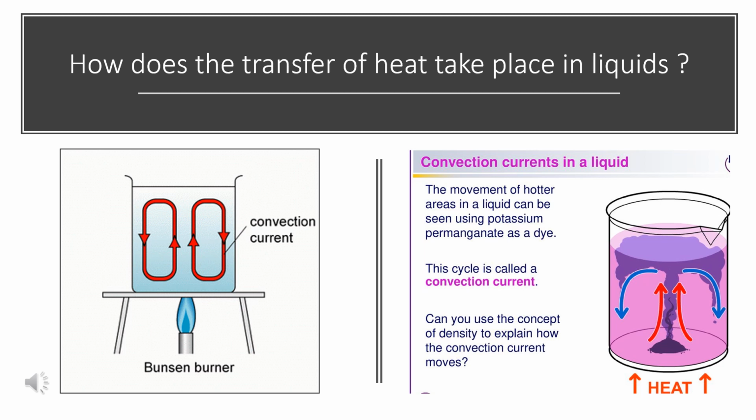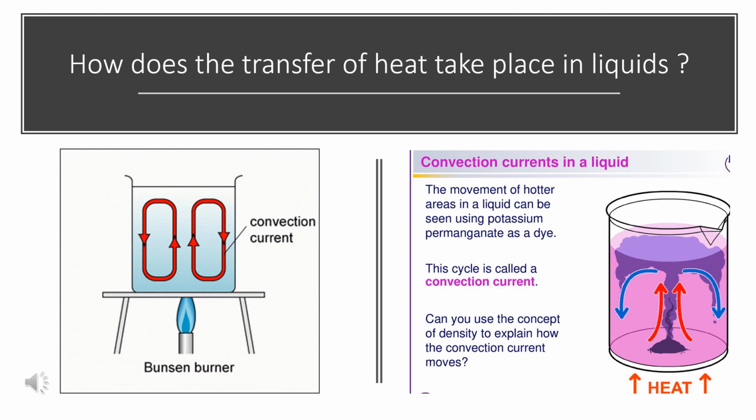You can take an example of water. When we keep it for boiling, you can see the water at the bottom gets heated first, and then slowly there is movement of molecules, because of which the entire water body gets heated. To see whether this happens or not, we have an experiment conducted here using potassium permanganate dye. This substance was kept in a beaker and then it was heated. When it was heated, we could see the colored fumes coming out from the bottom, and the movement was cyclic. Just look at the right hand side picture.